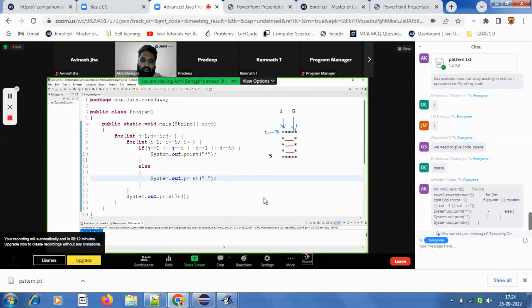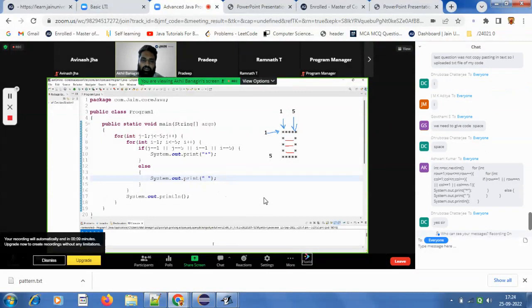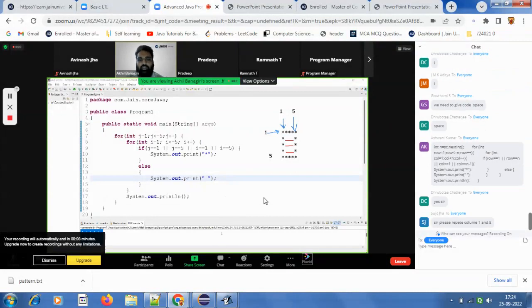So just a thought here. One thing I would like to tell you here is, please repeat column 1 to 5. Yes. So tell me here, was it the